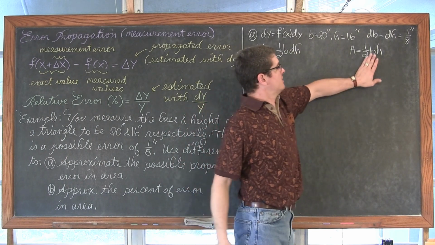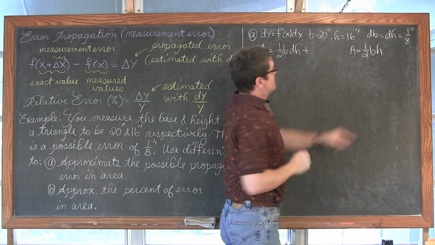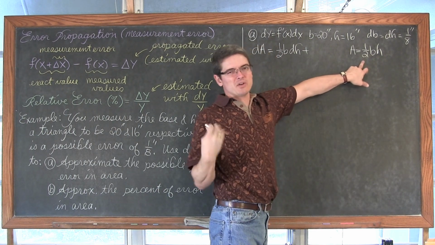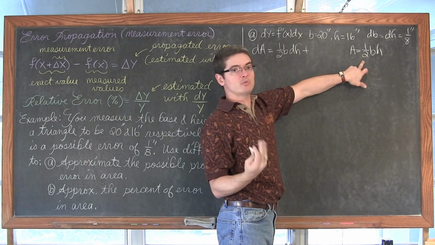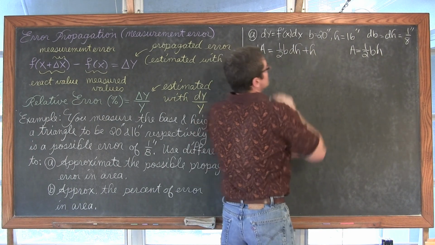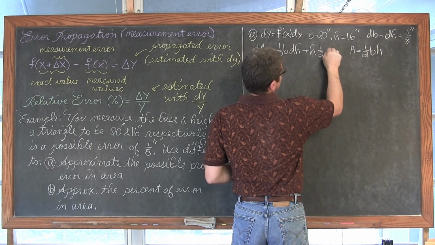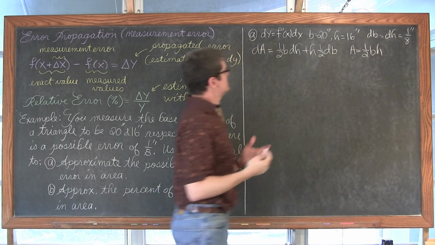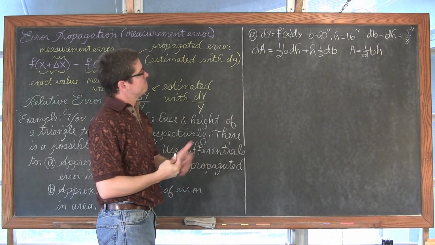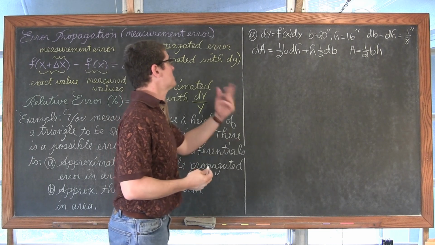okay, basically first times the differential of the second plus the second times the differential of the first. And I could have left the 1/2 out front. Maybe some of you prefer that. So we have h times dB, or 1/2, the differential of b, or just dB. Okay, or you can have the 1/2 out front. Now that I've written it, I'm thinking maybe that would have been cleaner, but let's just stick with that.